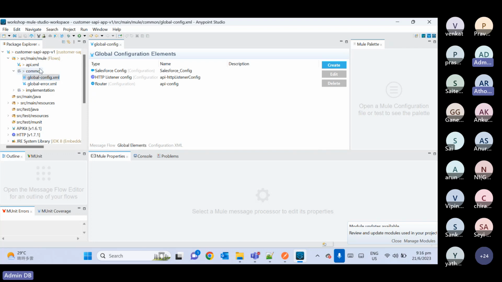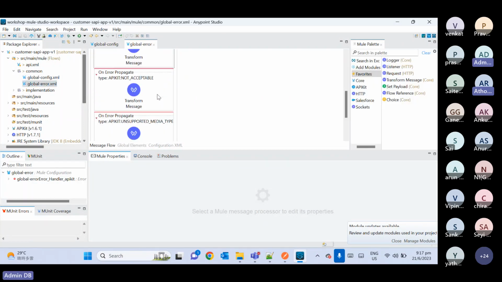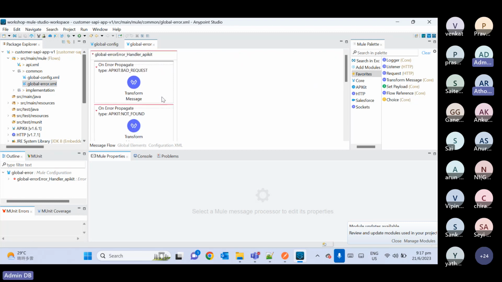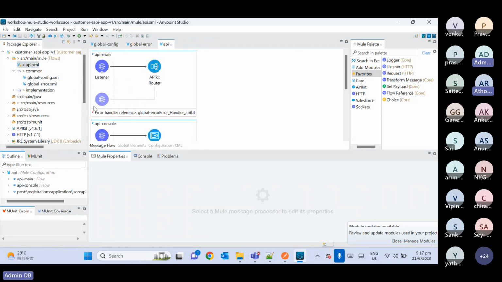So what I did, all the connector configurations we will keep inside the global config file. Some places you will see only config, but I gave the name as global config. Anything is fine. Either you can give the name as config.xml or global-config.xml. And then we have the Salesforce connector, HTTP listener and APIkit router, all three here. In global error, we moved all the error handling into the global error handler, and wherever we need, we will call this global error handler file. We already called it in 2-3 places here,